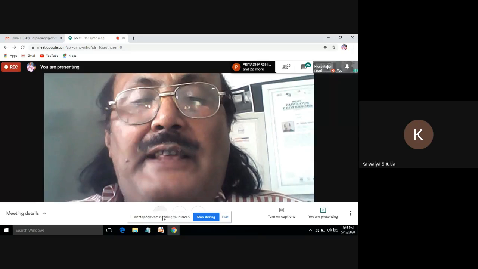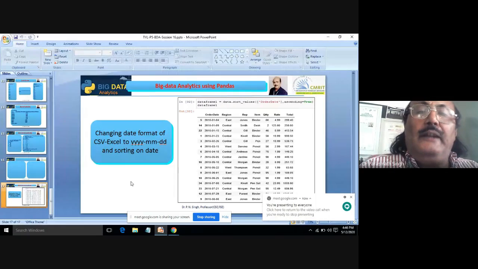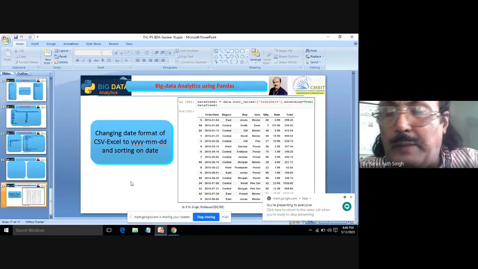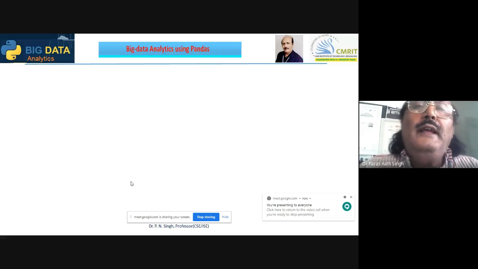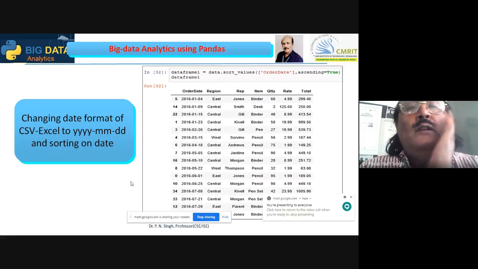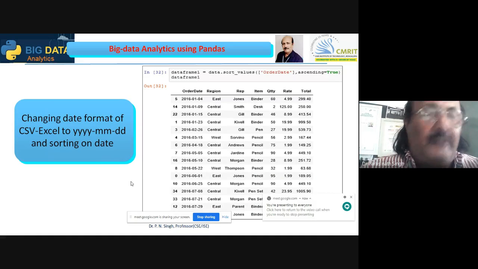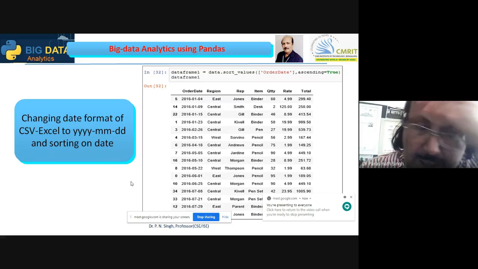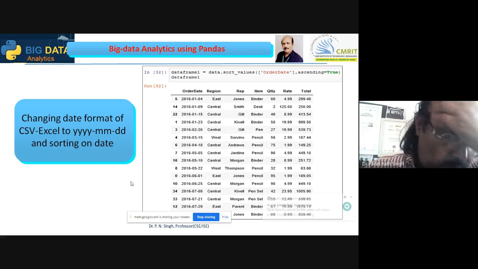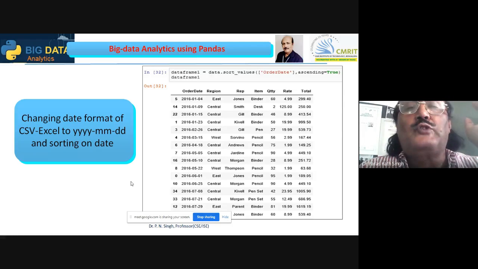So, going back to the presentation, on this slide only, this is also an analytic problem. When an analyst gets this type of problem, they are not finding the logic because the dates are written in different formats. If it is written in our Indian format DD, MM, YYYY, how do you sort the date if there is no built-in function to sort the date?